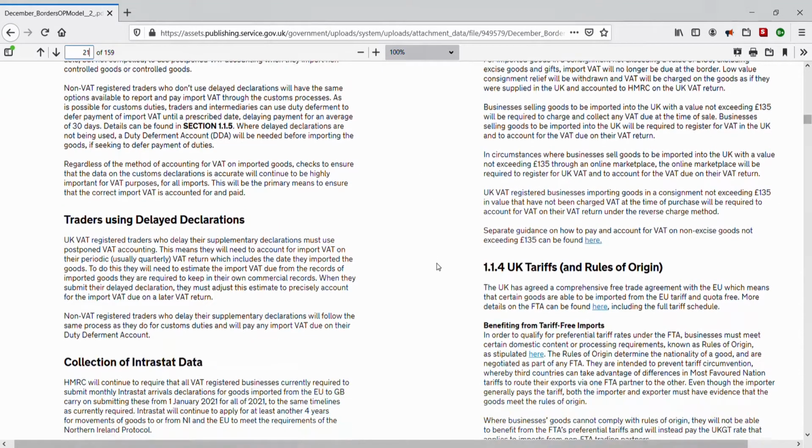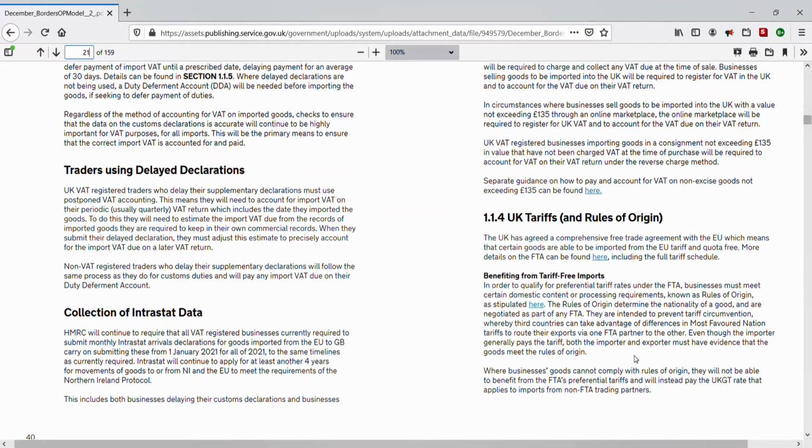And as a second caveat, back to page 21, down a bit. With any transaction under the trade agreement, both the importer and exporter are obliged to be aware of the origin of the goods. Even though the importer generally pays the tariff, both the importer and exporter must have in their possession evidences specific to their goods movement, as also specified in rules of origin. And we'll see what these evidences consist of a bit later on in this video. But if they fail rules of origin requirements, the more expensive global tariff, based on the WTO tariff, may well be applied to the associated goods movements instead.